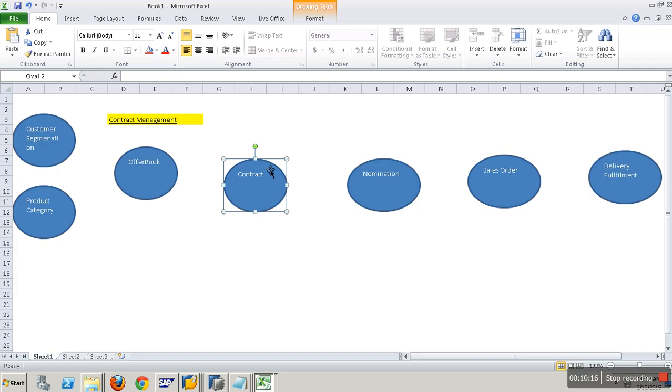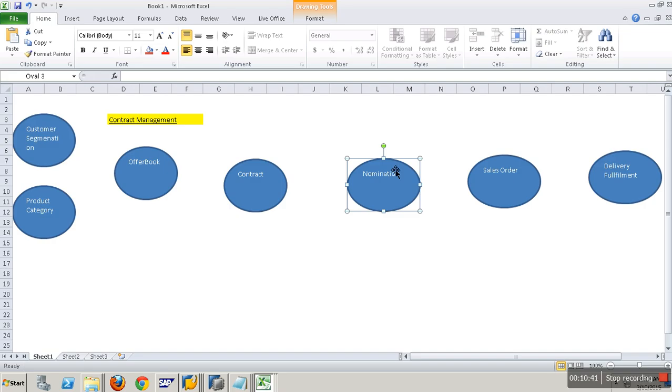So will I have different types of contracts, like short term or long term? As per my business, they are categorized into 2: short and long term. Any contract which is valid for 3 months is a short term. Any contract which is valid for more than 3 months is a long term contract. Then there are nominations. Next they create the next type of transaction, nomination. Who creates it? The customer has to raise it.